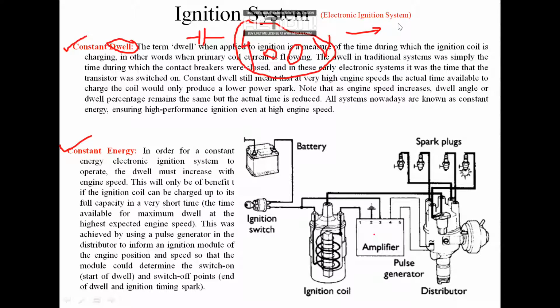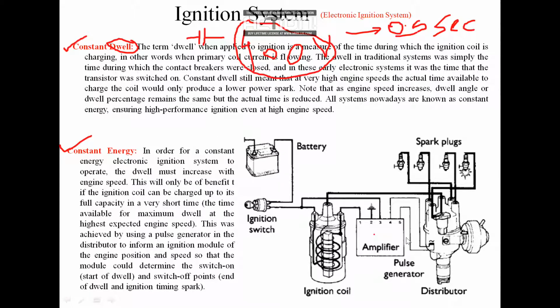In that way we need to provide a constant time at all engine rpm. Say, for example, if 0.5 seconds is required for the capacitor to charge and discharge, then at all rpm it is not possible to have 0.5 seconds. So to spare that 0.5 second, we need to do something in advance. We have to trigger the capacitor in advance, in order to start the charging and the discharging.